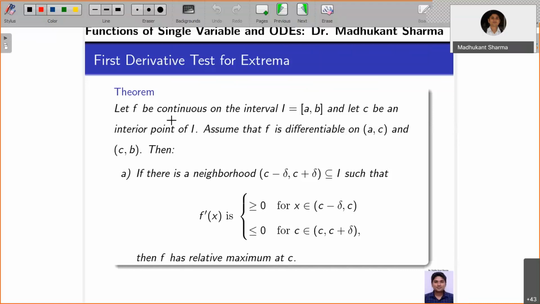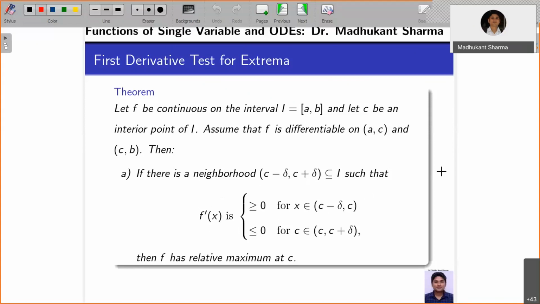Let f be continuous on the interval I and let c be an interior point of I. Assume that f is differentiable on the open intervals a to c and c to b. We don't know whether f dash of c exists or not, but we know that f is differentiable on a to c and c to b. If there is a neighborhood such that f dash is changing sign over the interval from c minus delta to c plus delta,